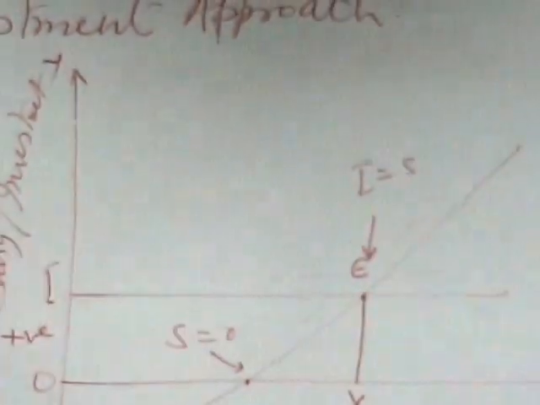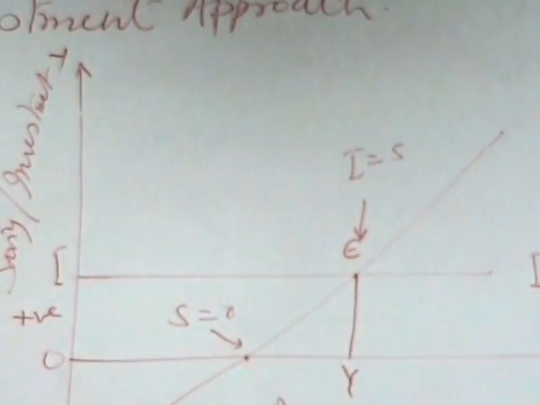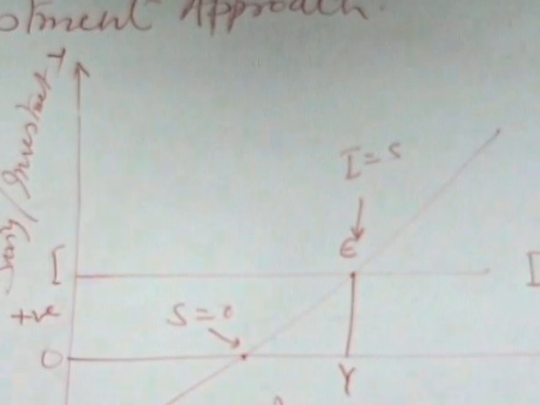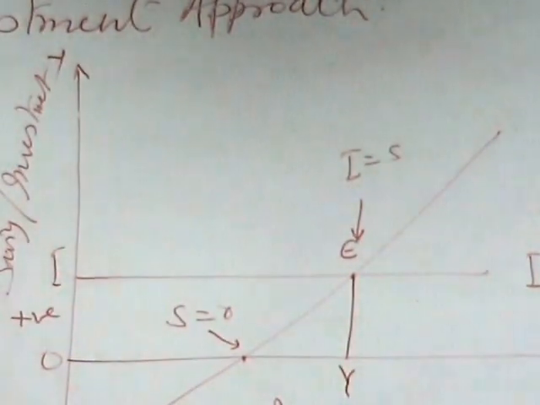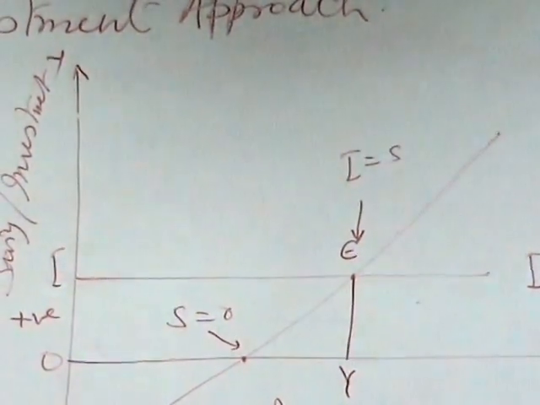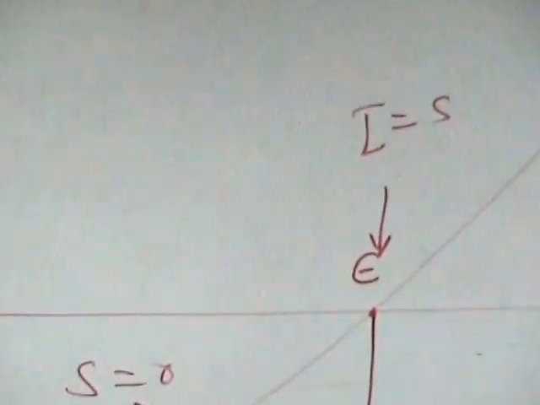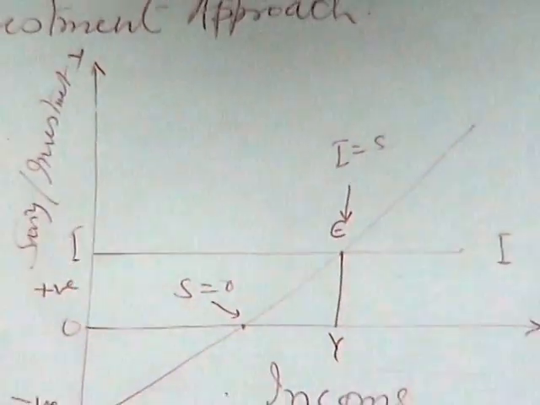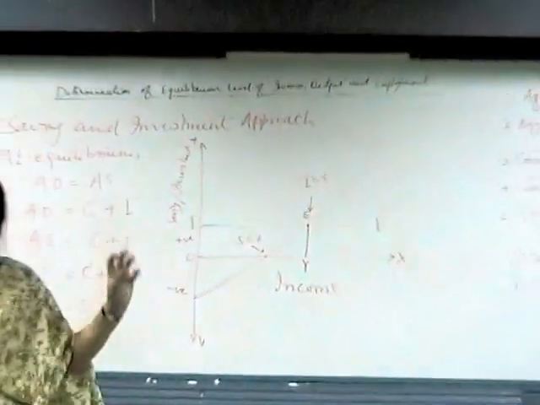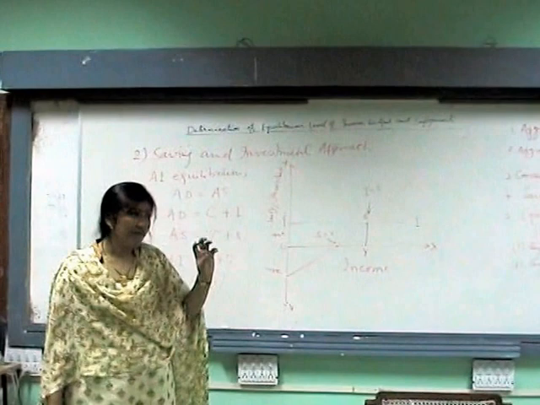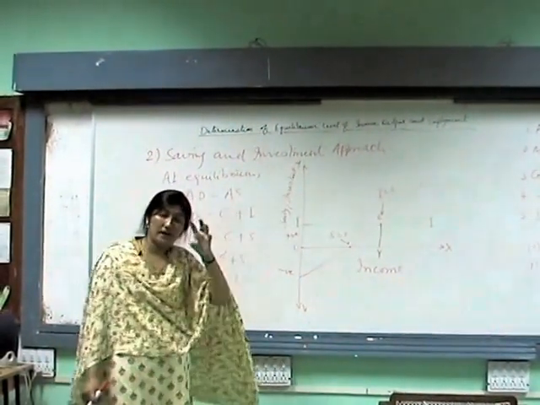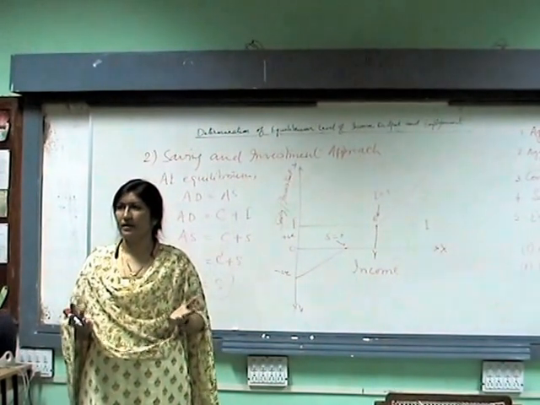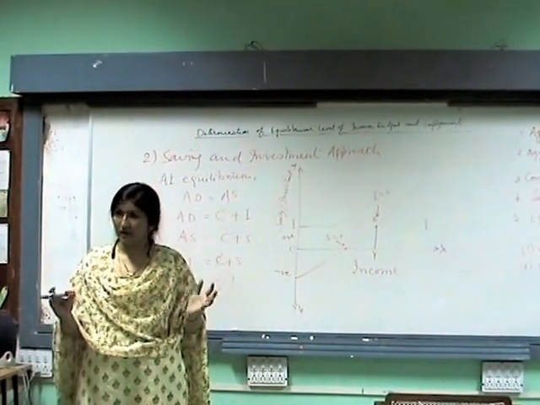So OY level is the level where saving and investment are equal to each other, and this is the level which we were interested in, which we were searching. Means our equilibrium level of income, output and employment, through the saving and investment approach. So if you draw the figure in your mind, saving is negative, so automatically it will come. It's not difficult. In a sense you have to learn such a lot. Have you followed it now?